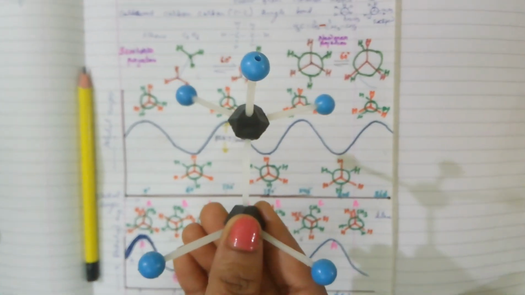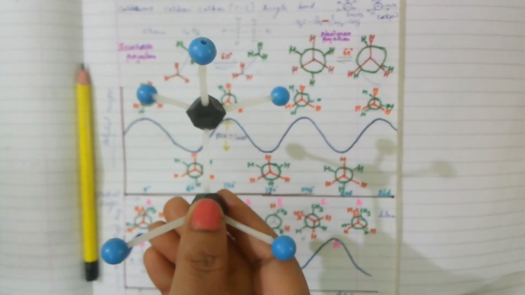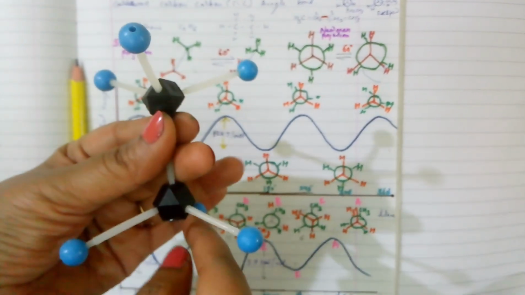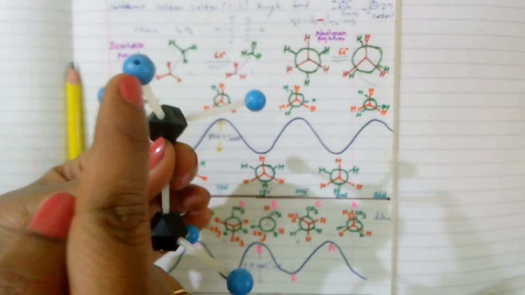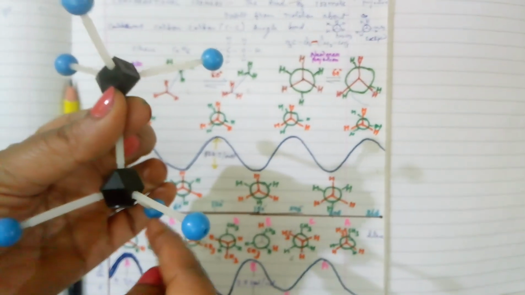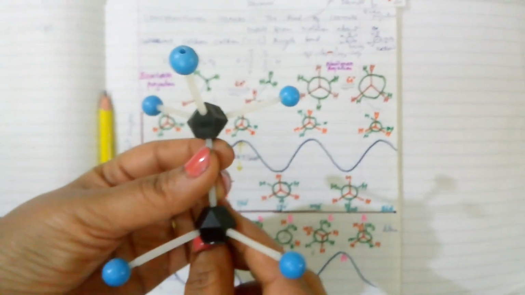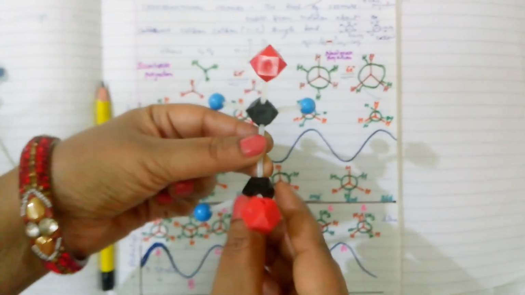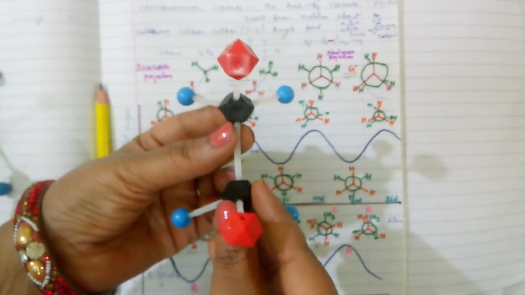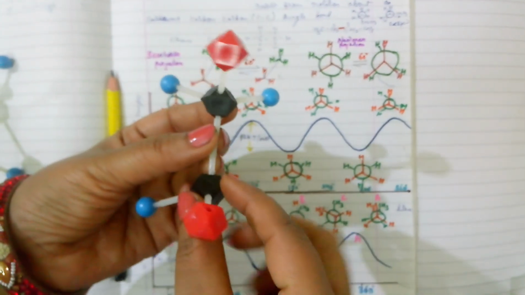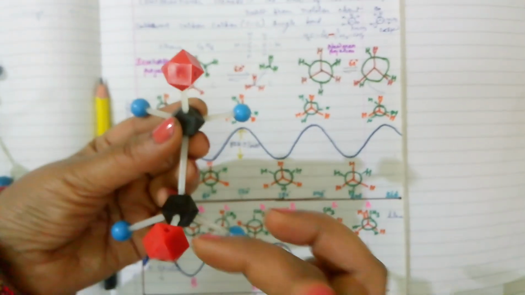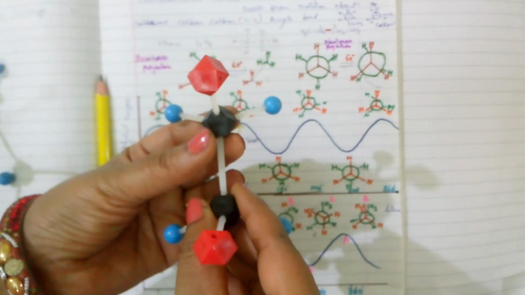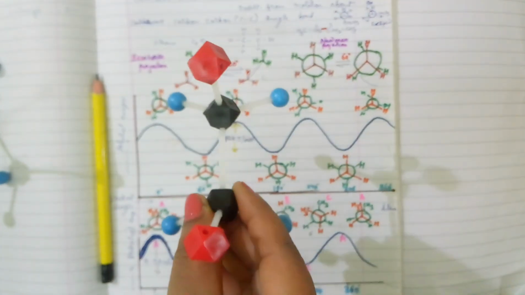Now we will discuss the conformational analysis of butane. If we replace one of the hydrogens with a CH3 group, then it becomes butane. In both cases, one CH3 and one CH3 will add to this one, and we will get a butane system like this one. In this case, the energy barrier will be higher as bulkier groups are attached. We will discuss that in detail, then I will show it with the help of a model as well.